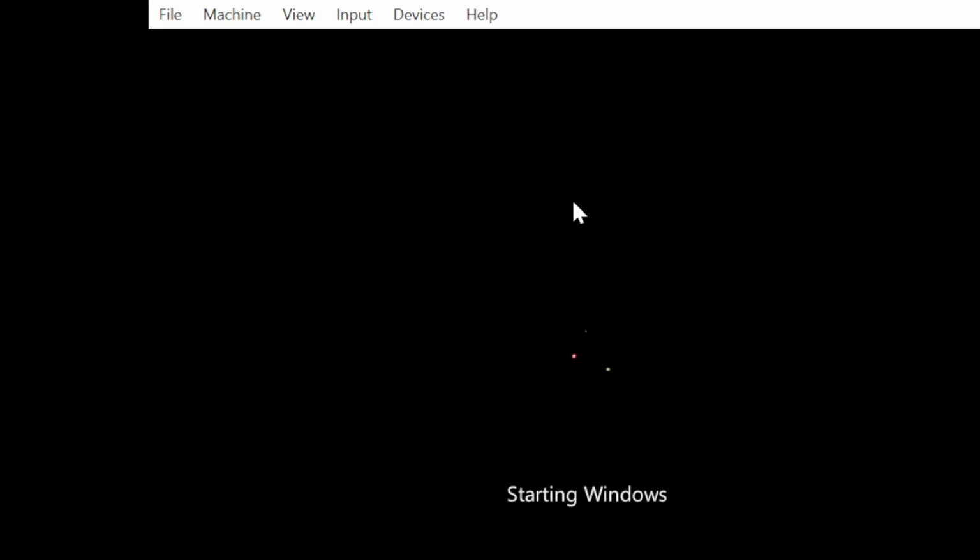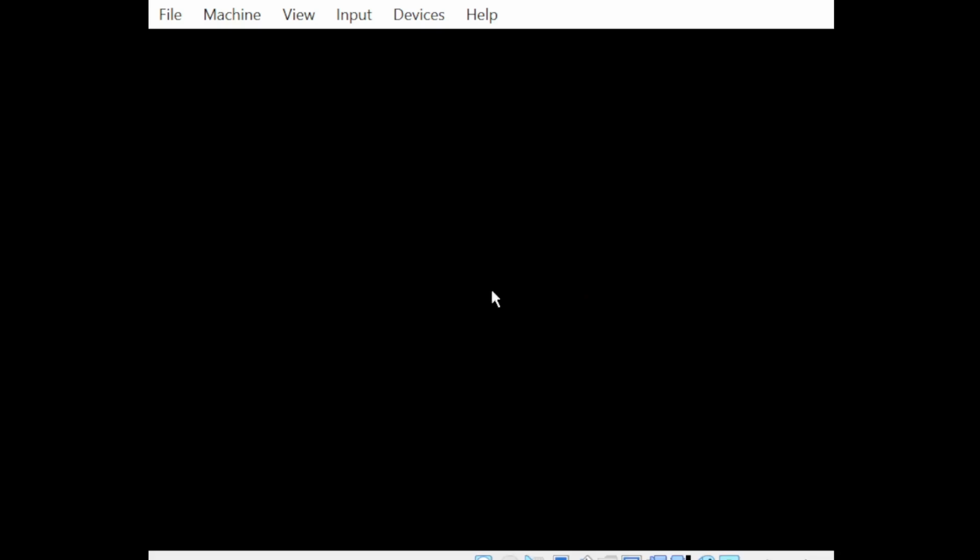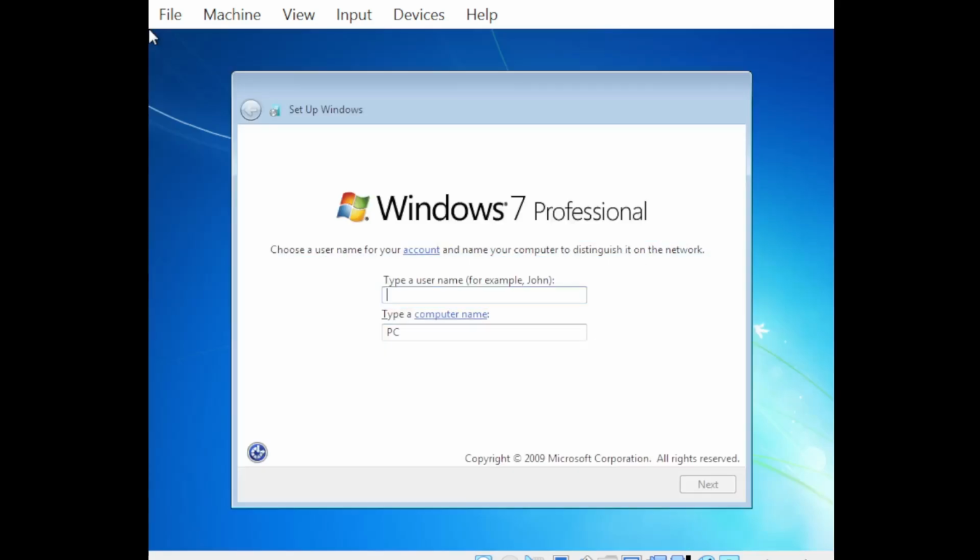Now Windows restarts and we're in the final part of the process. Now the setup is checking your performance and how it starts.